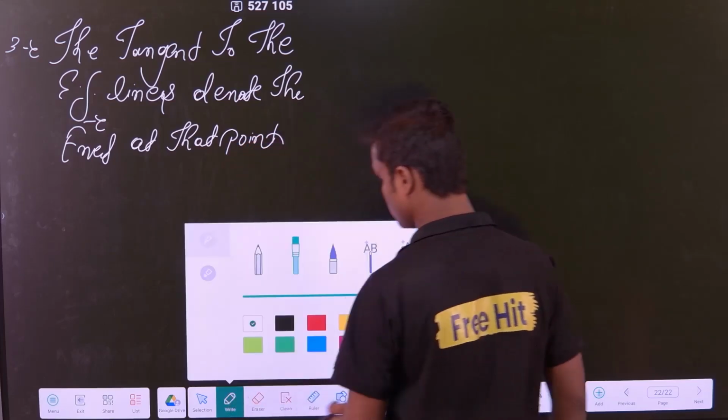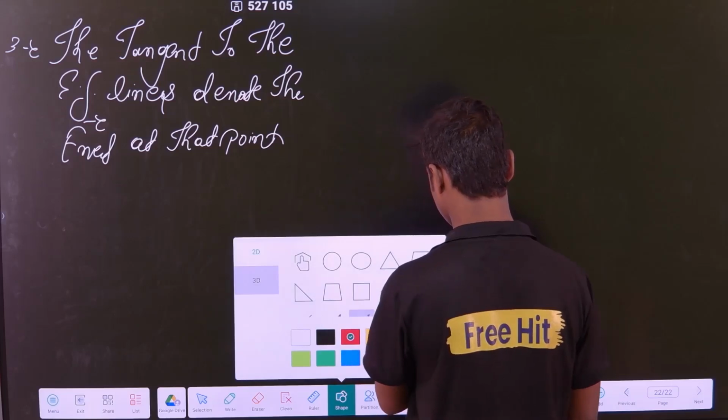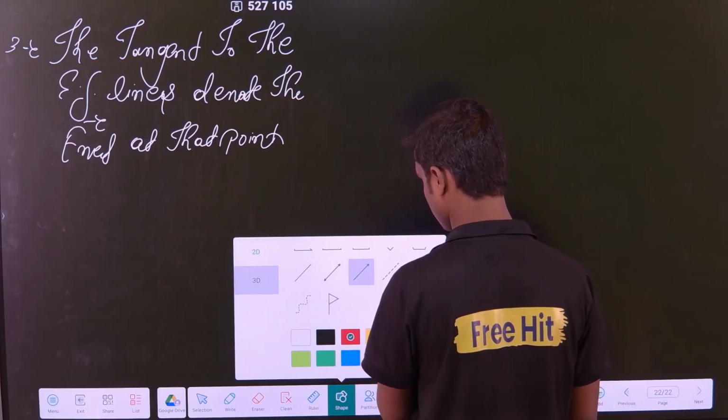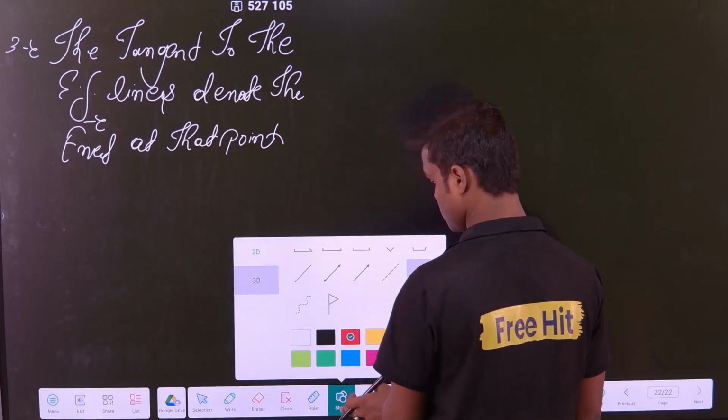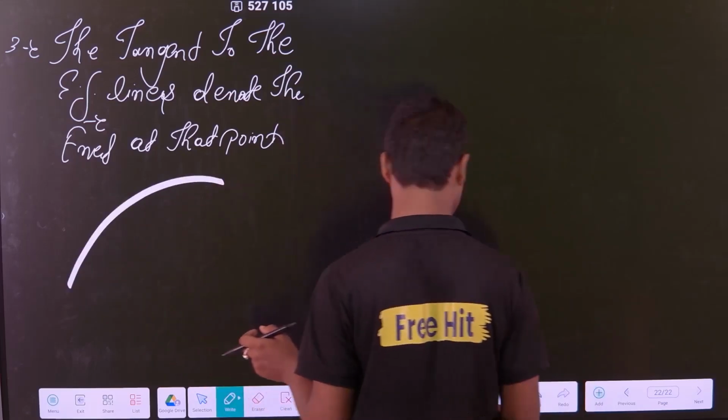What does this rule state? This rule states that suppose we have a